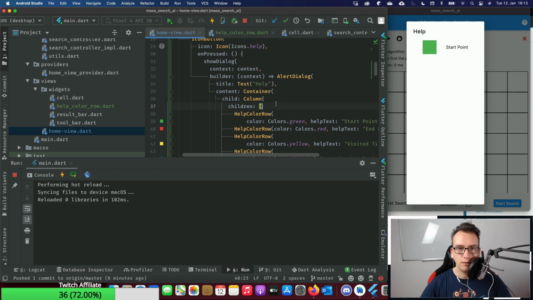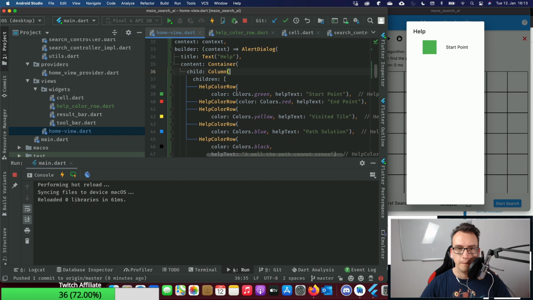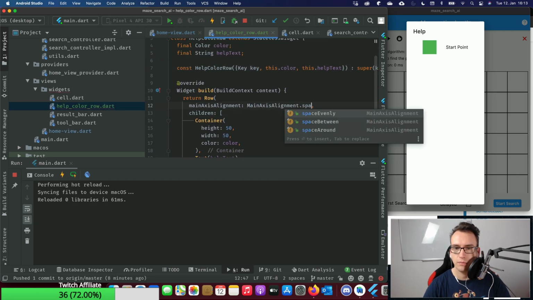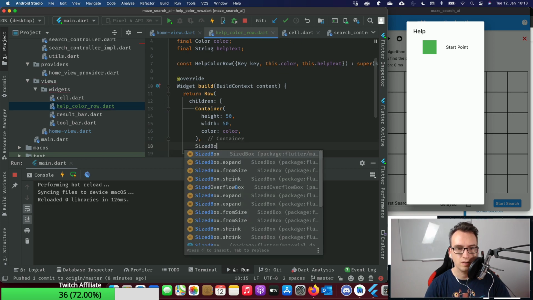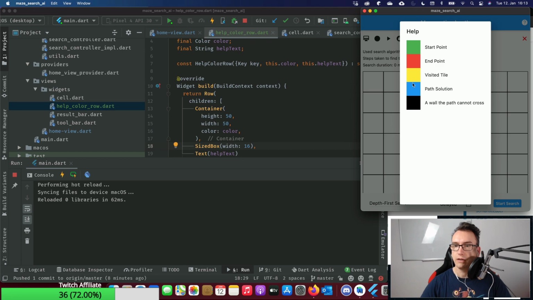So we have our column, and now still not completely happy with it. So that's space evenly, space. Should we even do that? So at the moment it's just ticked together. So what I could do is a sized box with a width of 15 or 16. So, and we see the change if I click here. Fantastic. All right, the only thing that is missing now is that the column should have a little bit of space between all of them.